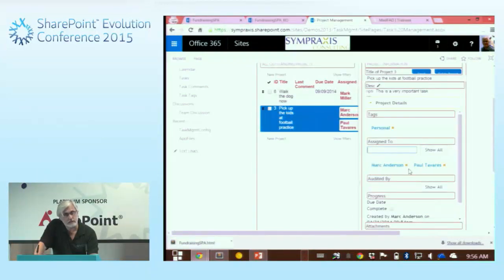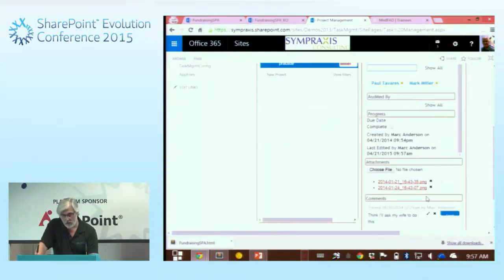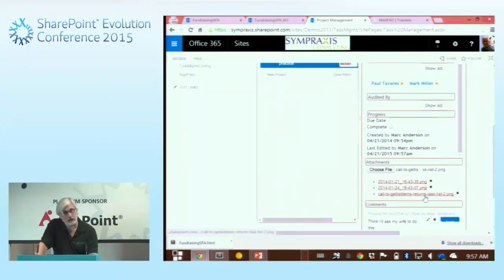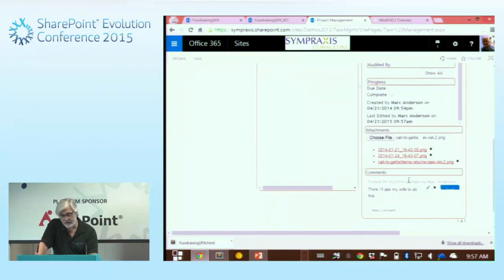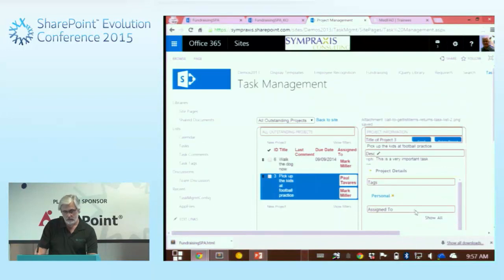I've actually built little custom bindings to do things like show these as tags, right? So this is my own little version of a people picker. If I start typing there, it's more of an auto suggest. These are coming from SharePoint groups, so I know who's in the groups. So it's a little bit simpler. I can do things like upload attachments. I have my own little attachment mechanism here. So basically everything I would want to do with what their version of a task looks like from this one